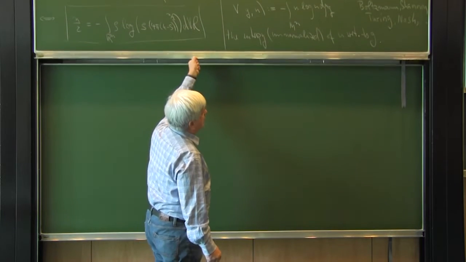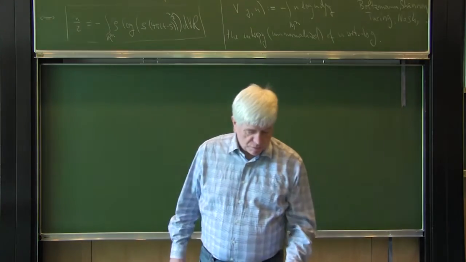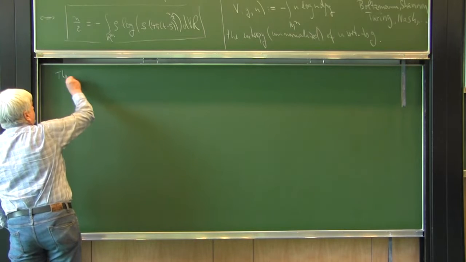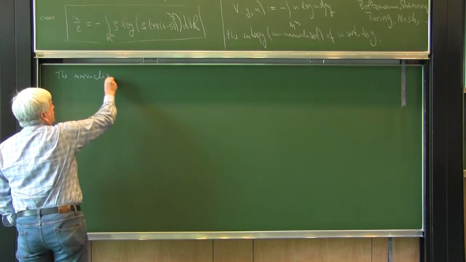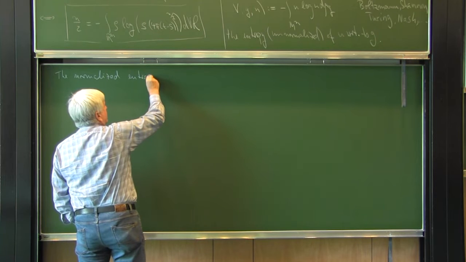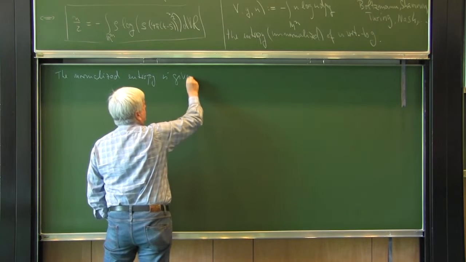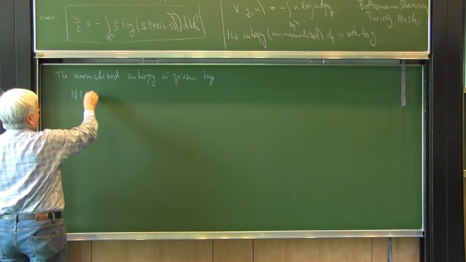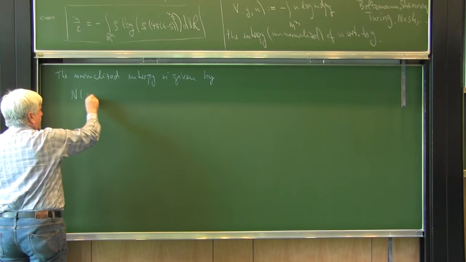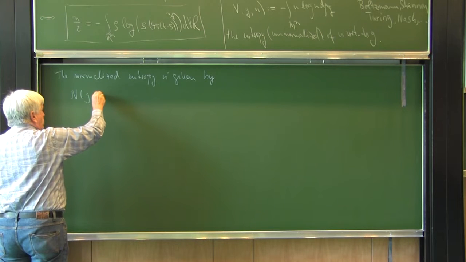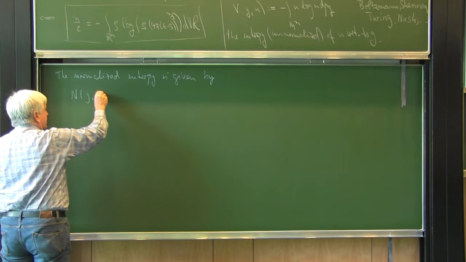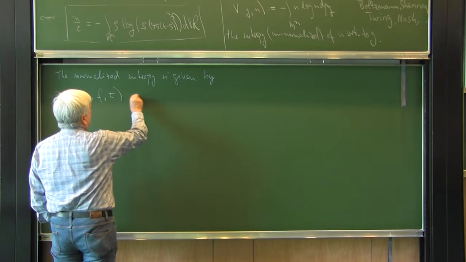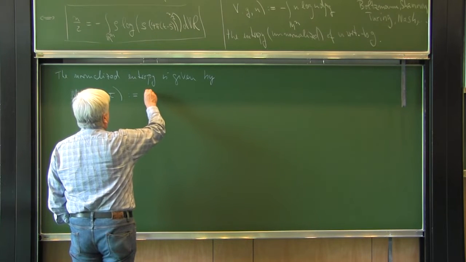Now, the normalized version, where the parameter tau also plays a role, the normalized entropy, is given by, let's call it N of g, f and tau, to be the integral of